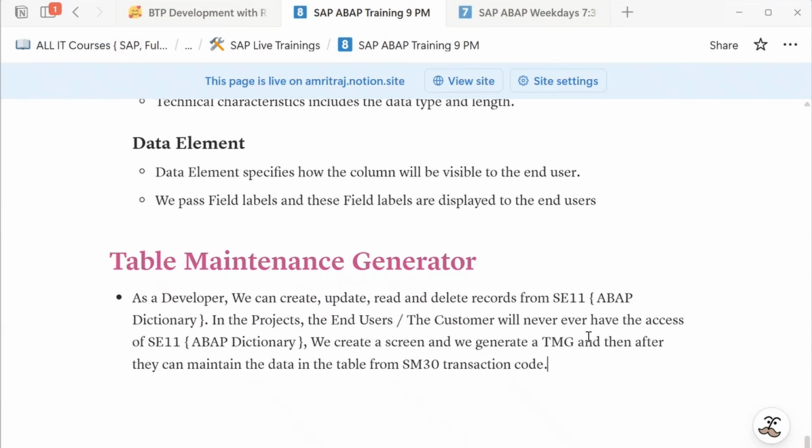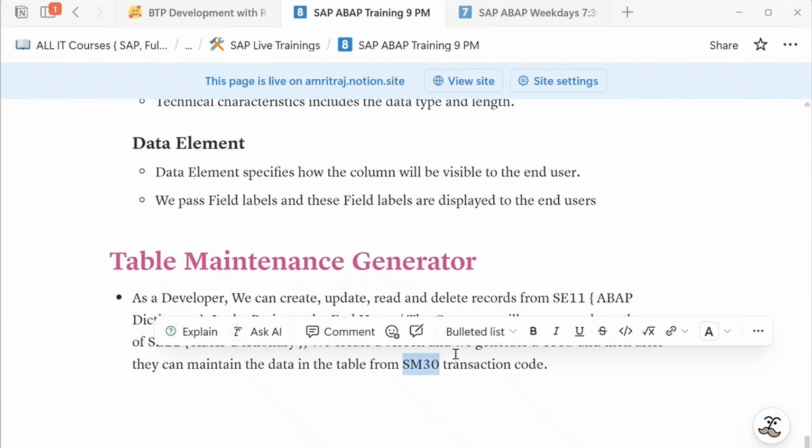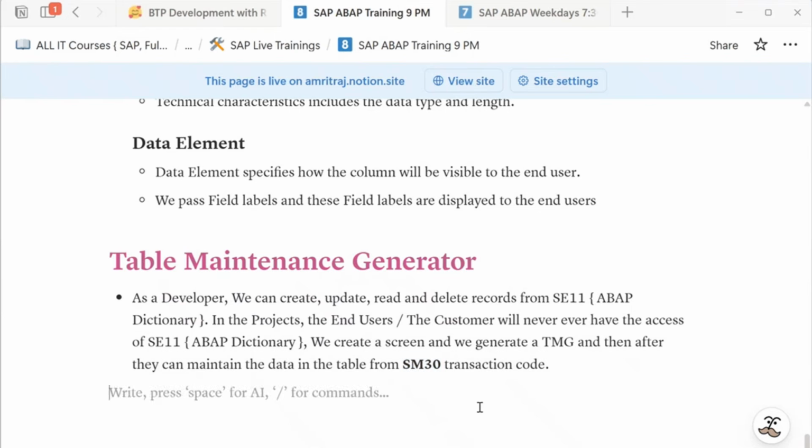So we create a table maintenance generator for them, and once it is done, they can maintain the data in their table right from this SM30 transaction code. So you can also do this, but also you make sure for